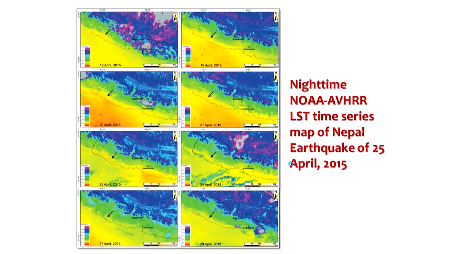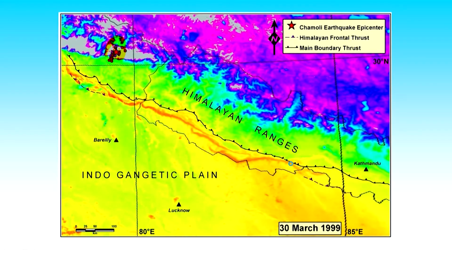Now, it is very important to understand why there is so much offset and why the anomaly appears in a linear form. The linear form can be explained because the heat could escape all along this Himalayan frontal thrust. So, just hold this discussion for some time, on why there is an offset. Let me take one more example. When we saw this kind of phenomenon we could explain why it occurred, but when the Nepal earthquake occurred, we wanted to check whether exactly the same thing had happened in the case of Nepal or not.